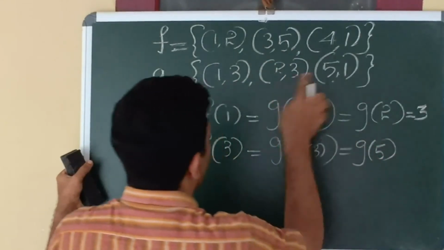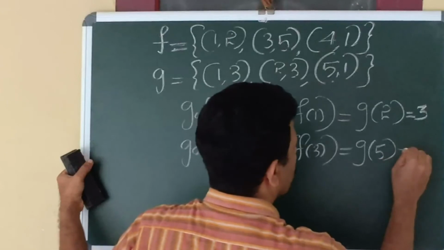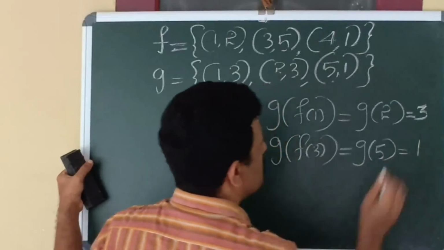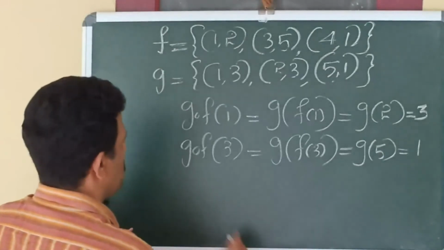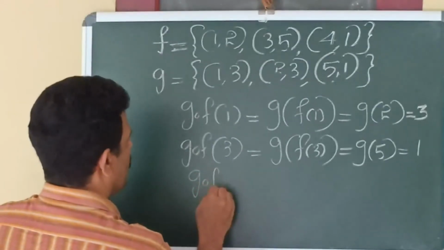That is g of 5 is equal to 1. Therefore, it is 1. Now, finally, g dot f of 4